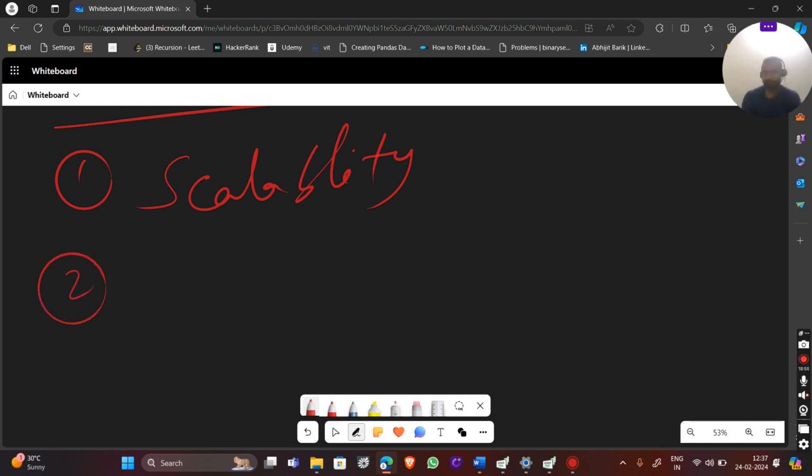And second is resource utilization. So in Hadoop 1 or a MapReduce 1 architecture, we have a fixed number of MapReduce tasks, and this is the problem. Okay, so we have a resource utilization problem. I will tell you why we are facing this due to resource utilization. One problem we are facing: resource utilization. It means